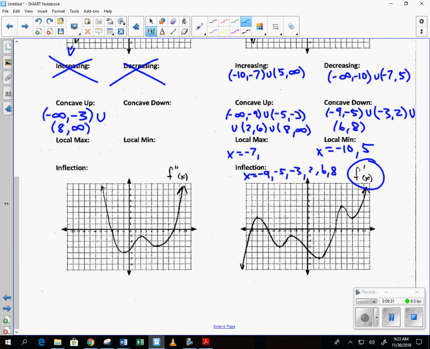The definition for concave down is where the second derivative is negative. When is the second derivative negative? Local max and local mins happen when the first derivative changes sign. We don't know when the first derivative changes sign, so we cannot determine those. We can determine inflection, and inflection will happen where the second derivative changes sign, and that happens at x values of